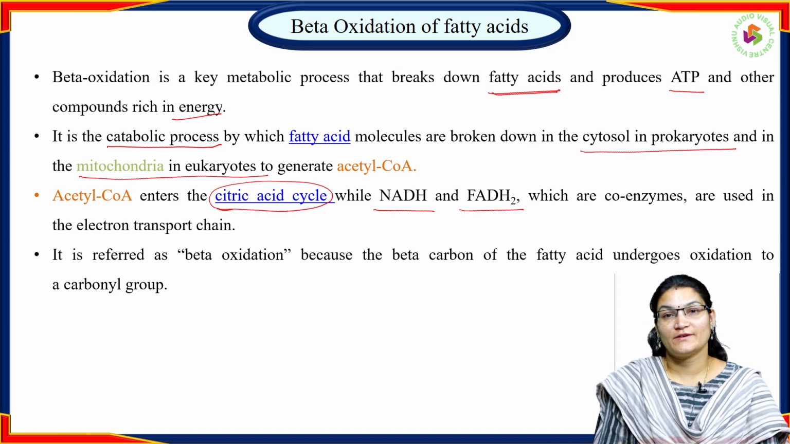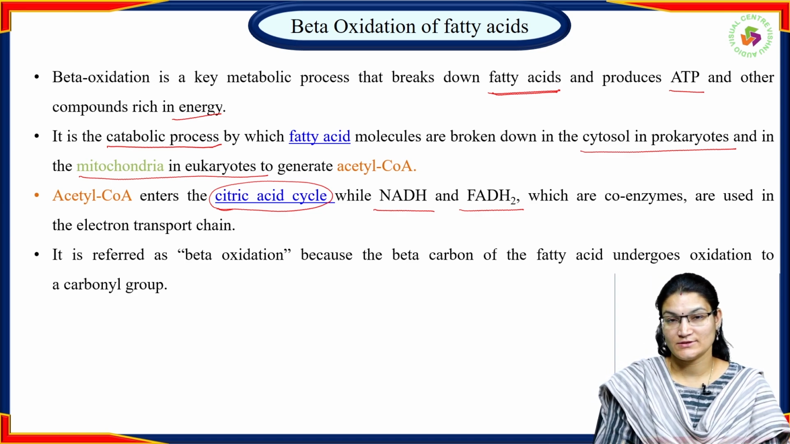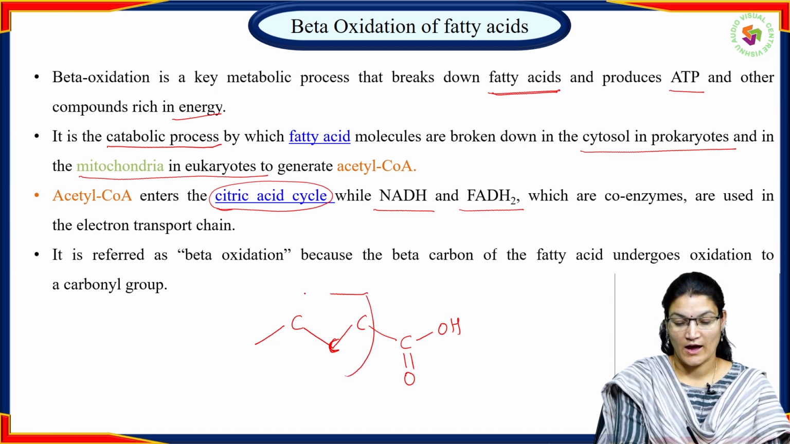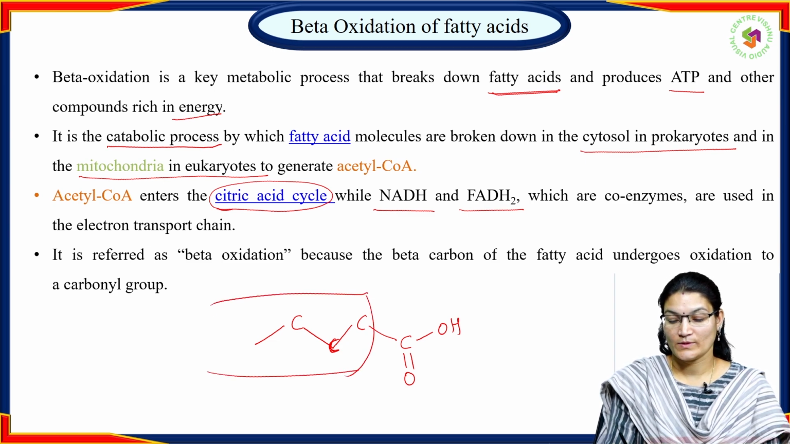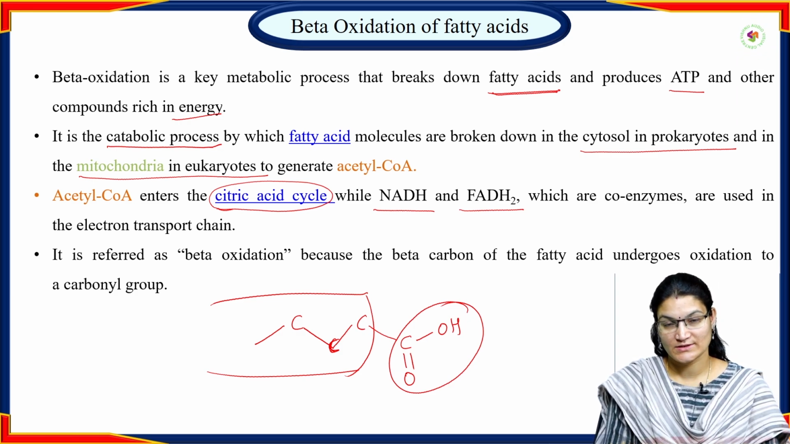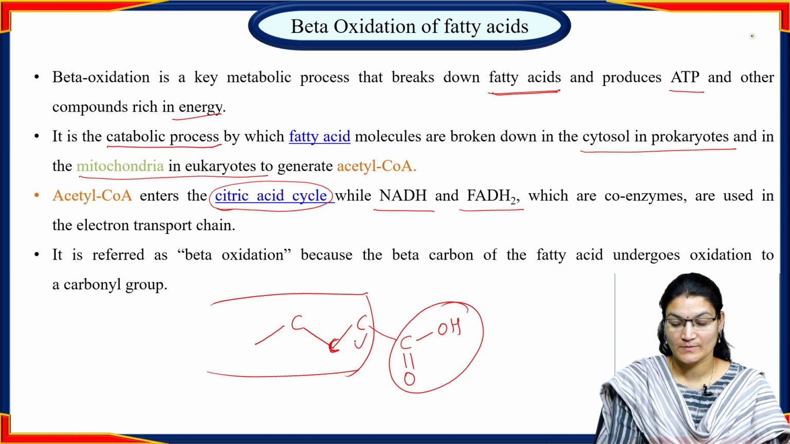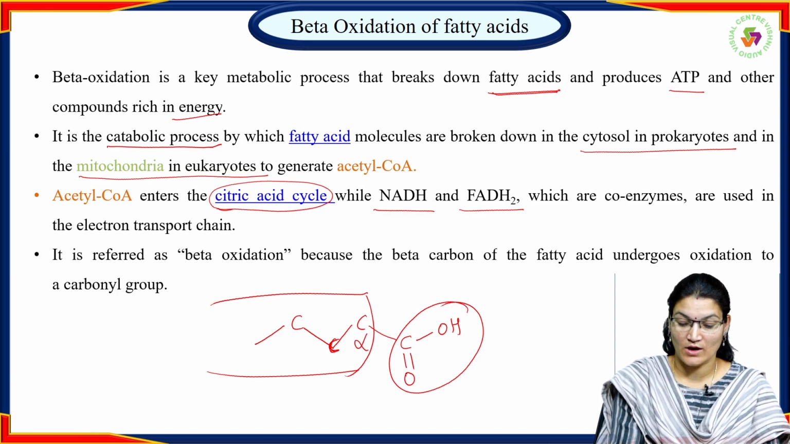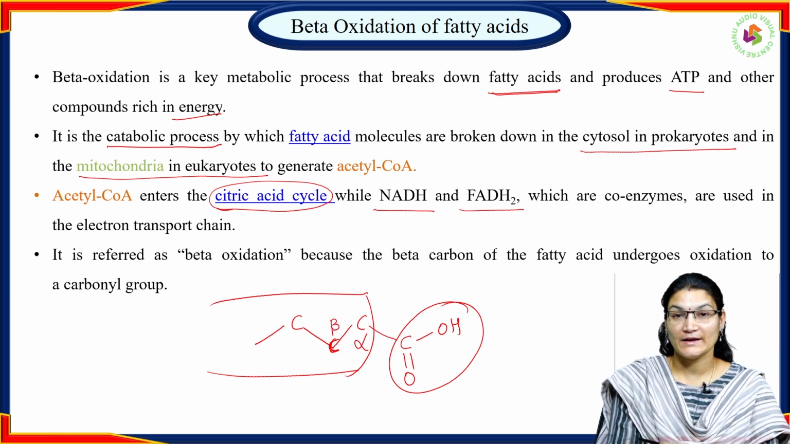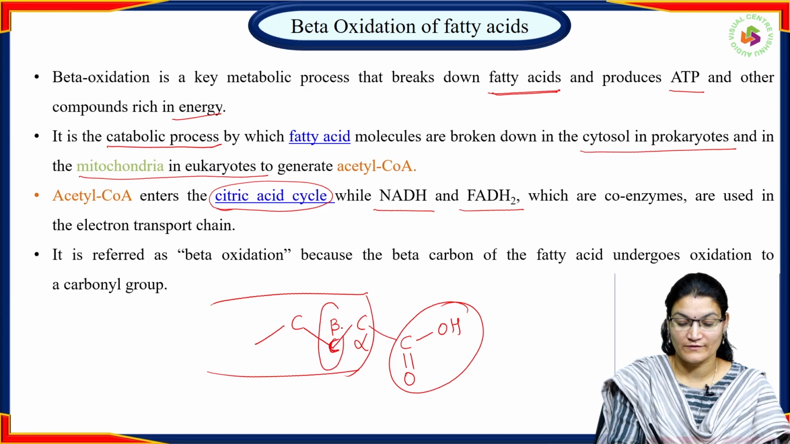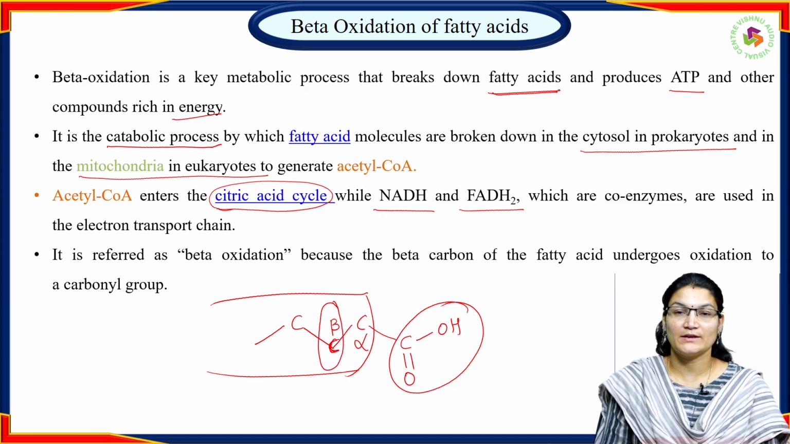This process is referred to as beta oxidation because generally a fatty acid contains a long hydrocarbon chain. Along with that, it contains a carboxylic group. The carboxylic group is considered the functional group, and the carbon which is attached to the functional group is termed the alpha carbon, and the carbon next to the alpha carbon is termed the beta carbon. The oxidation occurs at the beta carbon of the fatty acid, hence it is termed beta oxidation of